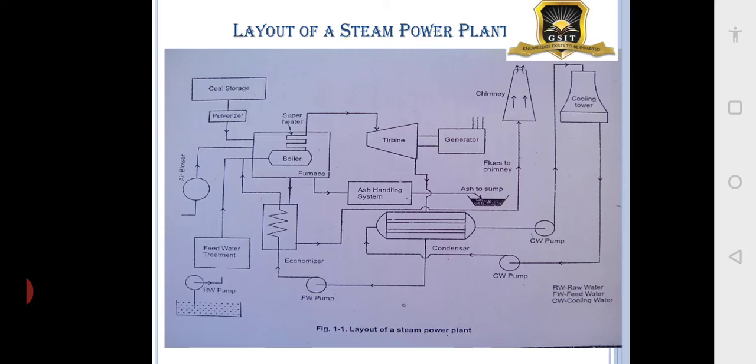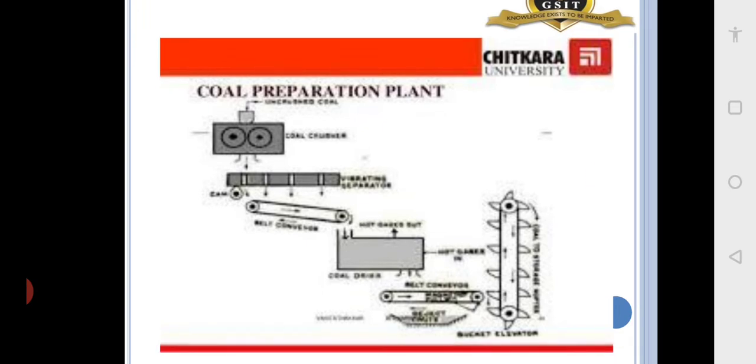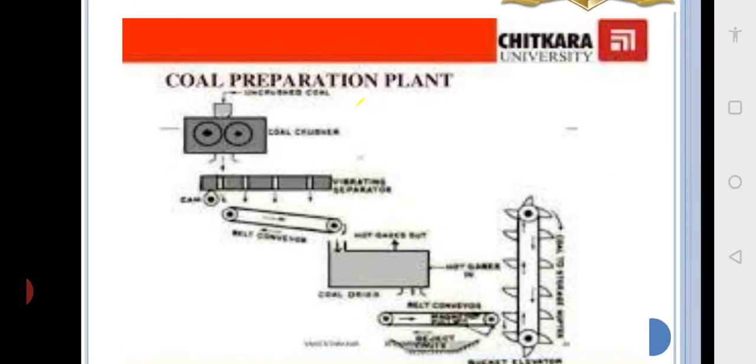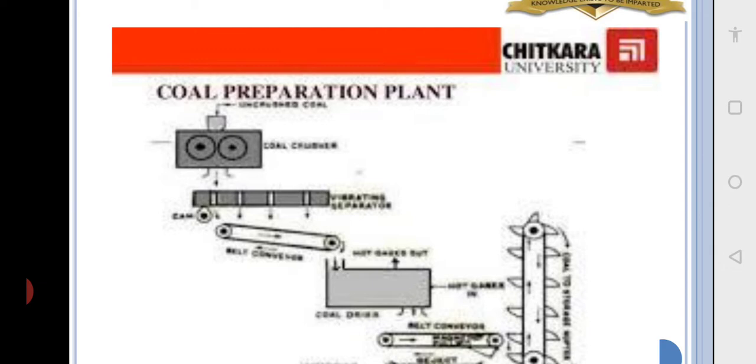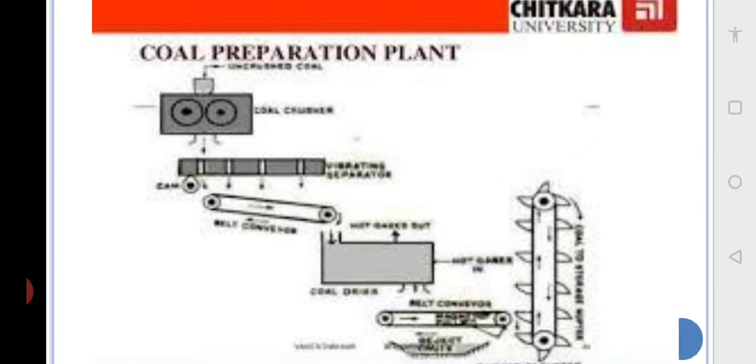So this diagram you need to practice, because for subjects like this, the sketch carries a lot of importance. And you can see the coal preparation plant. I think in big plants, you will almost require around 50 wagons of coal every day. So in that 50, you will get around 10 to 12, 15 wagons of ash every day. So that is the amount of ash generation. Okay, so this is the coal preparation plant.